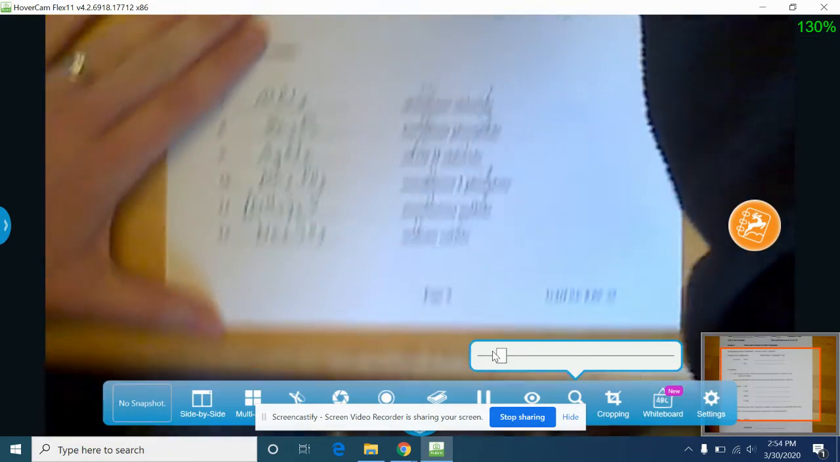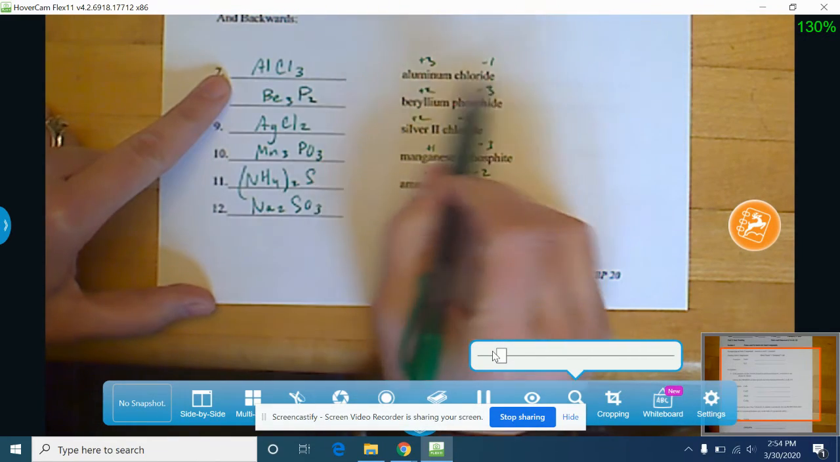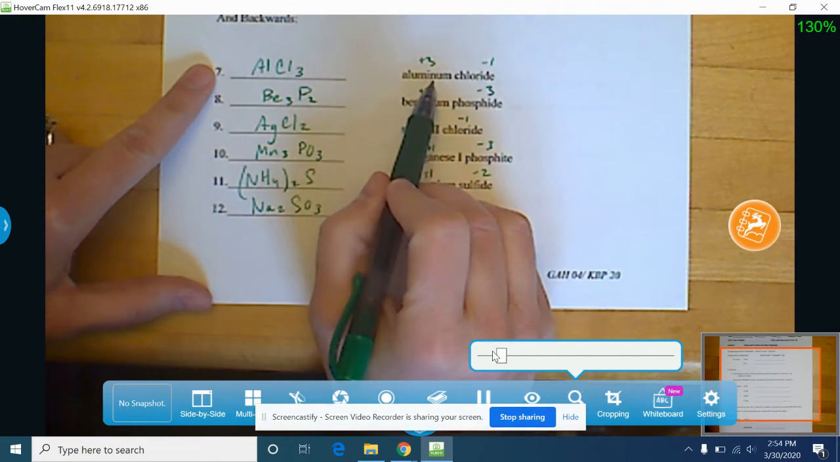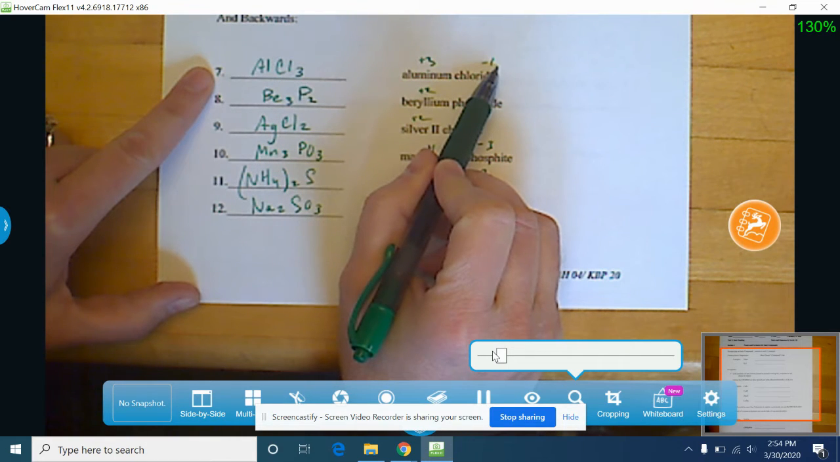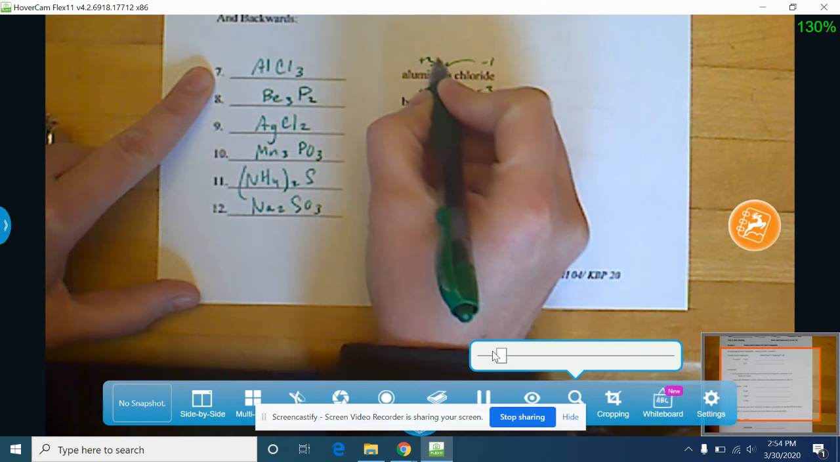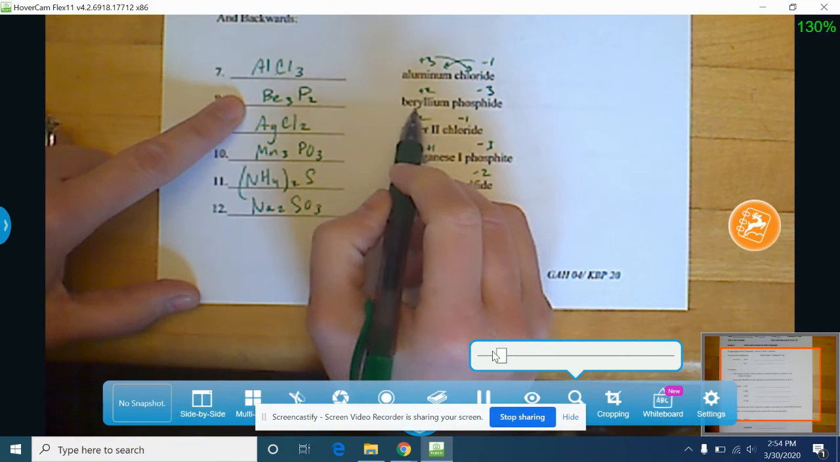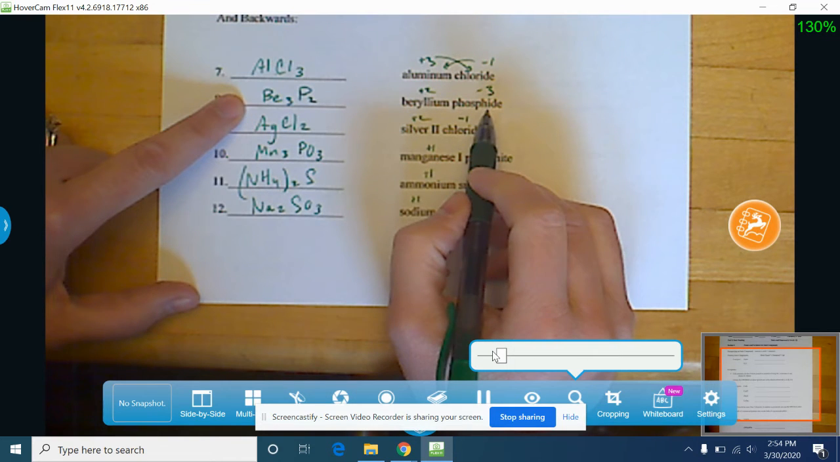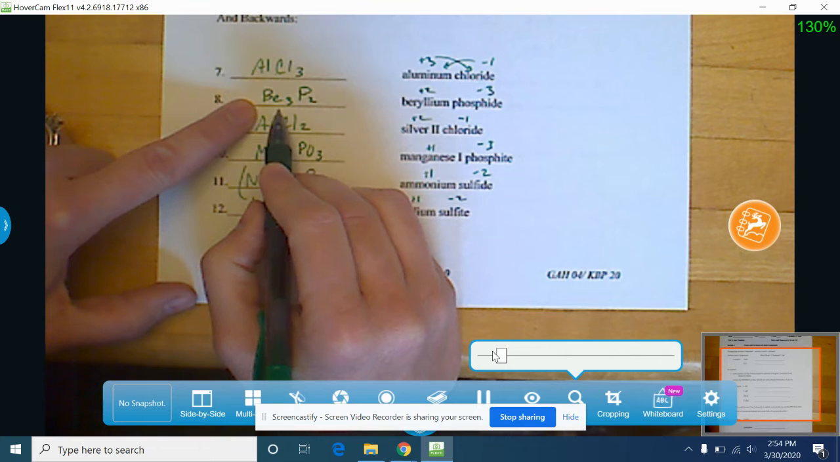On the bottom of this page you're doing the same thing but backwards, to figure out the formula. Remember you have to balance the charges. Aluminum has a +3 charge, chlorine has a -1 charge, so that means we need 1 aluminum and 3 chlorines, AlCl3. Beryllium has a +2 charge, phosphide has a -3 charge, so that means we need 3 berylliums for every